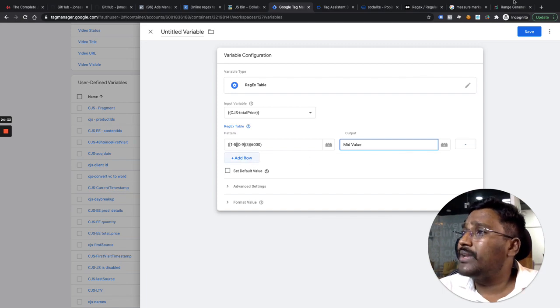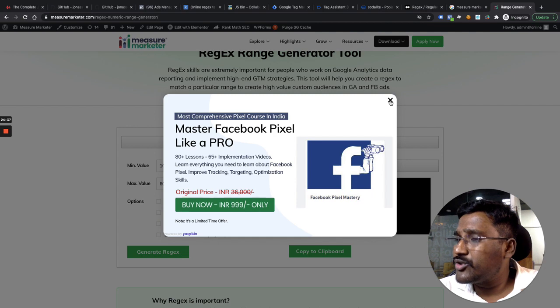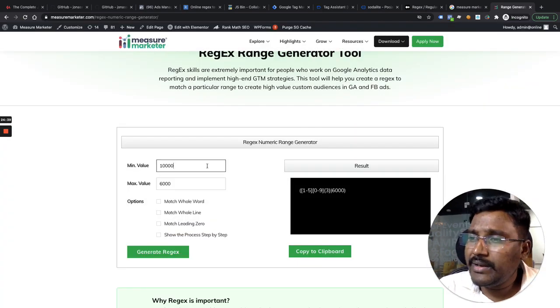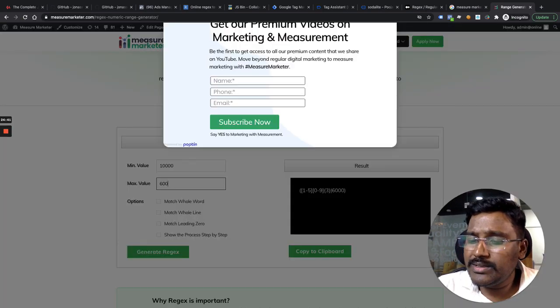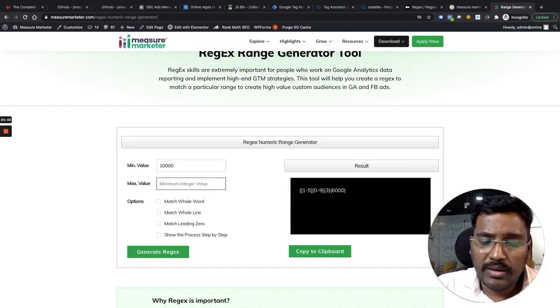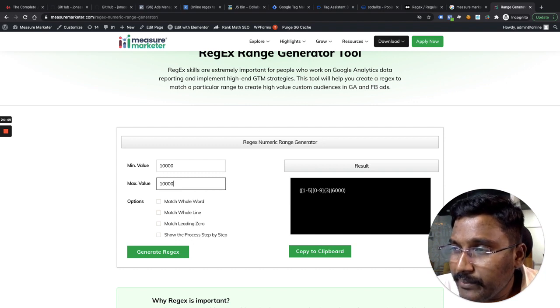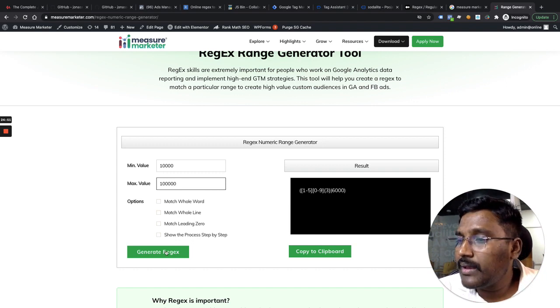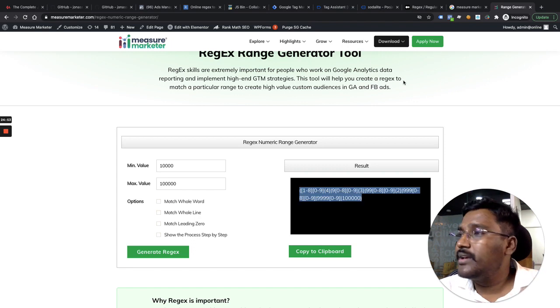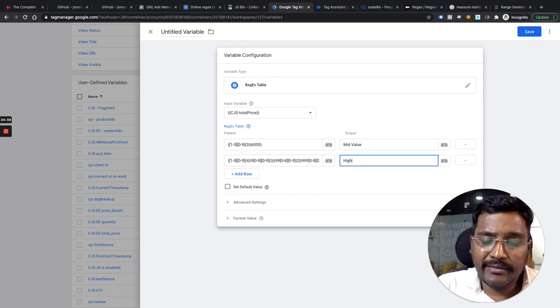Anybody who purchases more than 10,000 rupees, Prashanth. Anybody who purchases more than 10,000 rupees. So what I used to do is put 10,000, more than 10,000. I simply say anything they purchase from more than 10,000 rupees to maybe 100,000, I can simply write it here. So anytime people buy a product whose value is more than 10,000 but up to 1 lakh rupees, I can say high value customer,